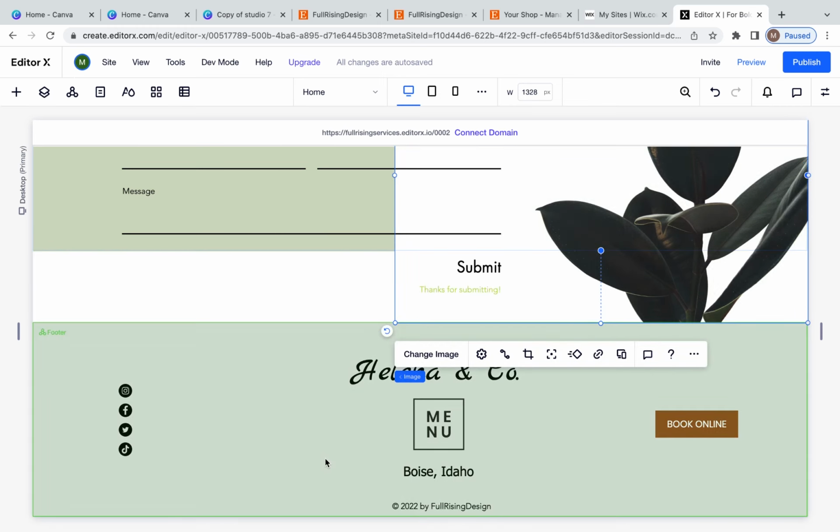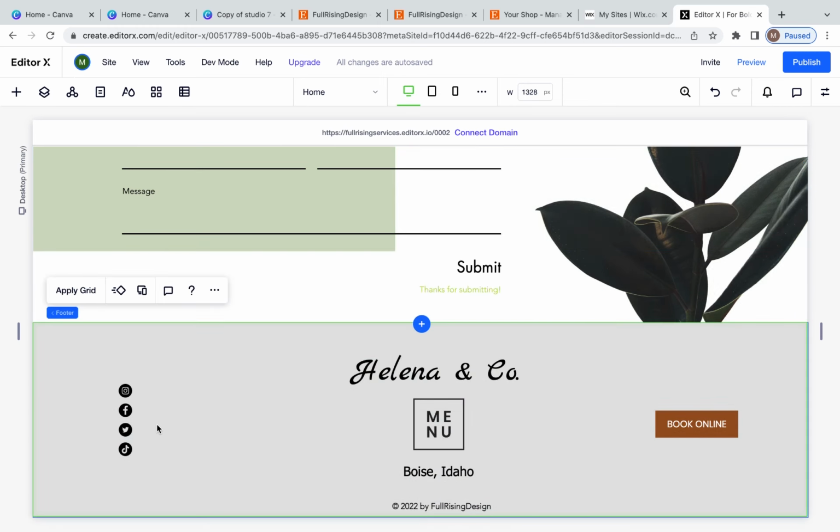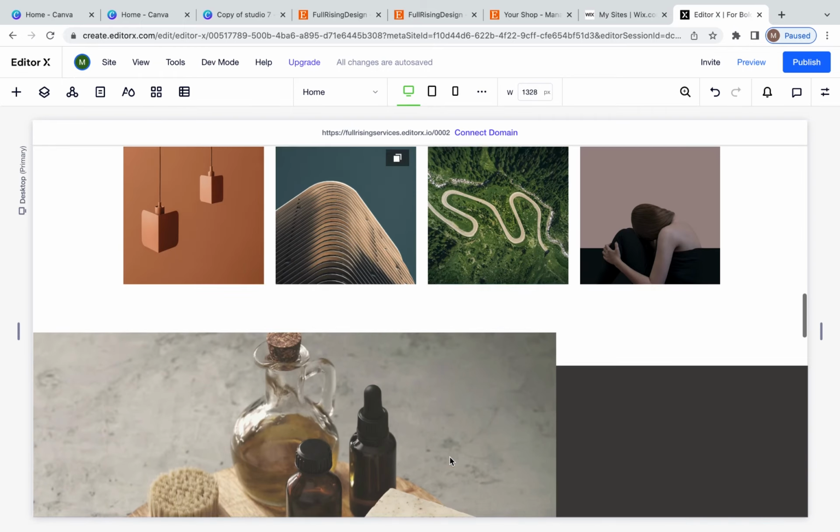Okay, and then this is your footer. And again, it's just like the top, and just has a menu right here, and you can put in wherever your business is from, and do your social bar and change your button, and that's it. That is how you